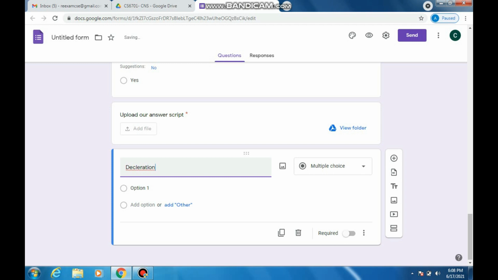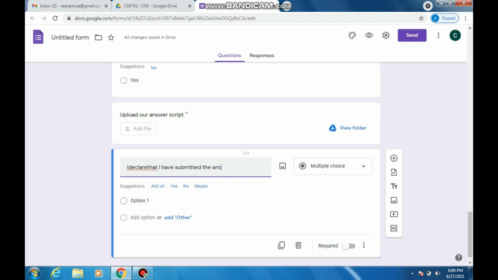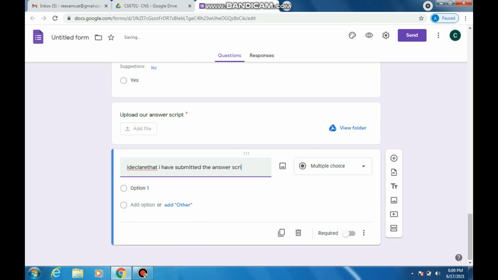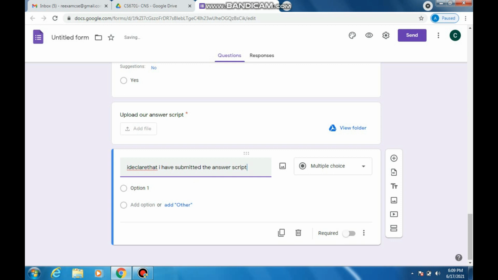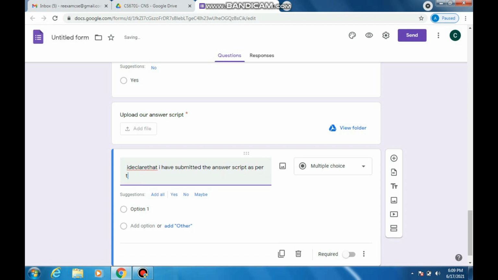Okay, so the declaration which is given by the university, so that I declare that I have submitted the answer script as per the instructions given by the university.